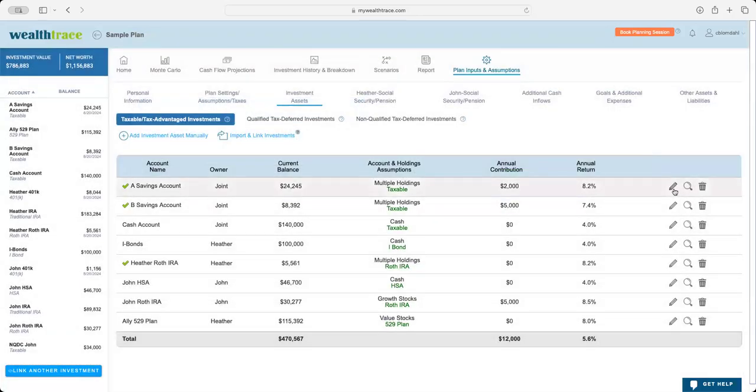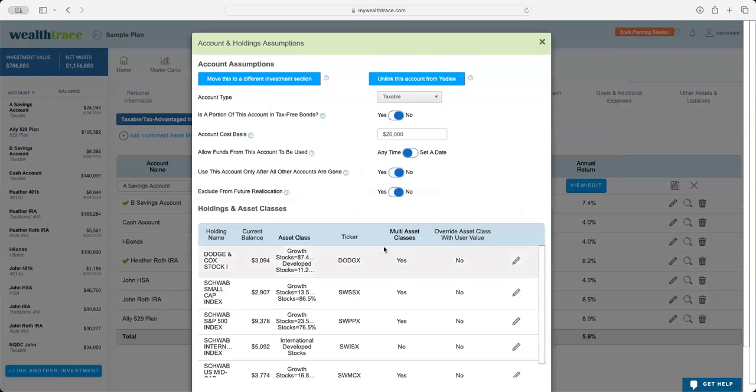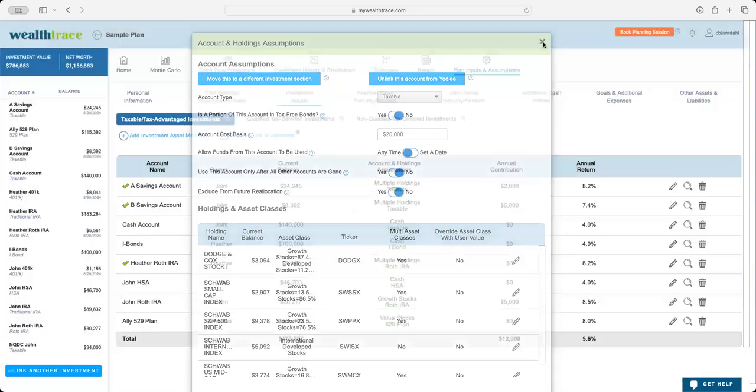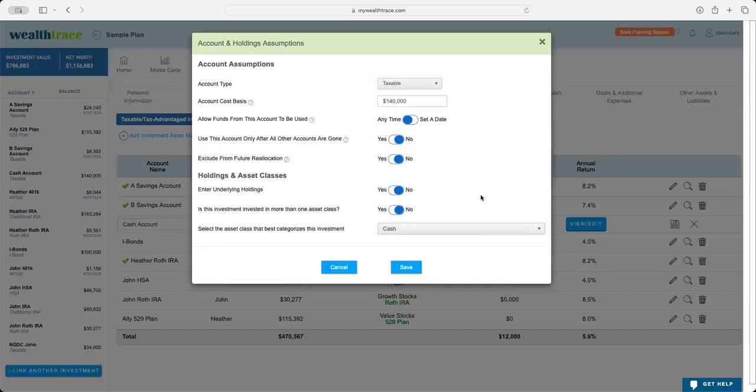If you instead click on the little pencil icon, you will be able to edit all of the account information. Under the account holdings and exceptions tab, you can change the account type, add the cost basis, tell the software when the funds can be used and whether or not you want to exclude the account from a future asset reallocation. And if we go ahead and click on one of the accounts that is not linked through Yodlee, you